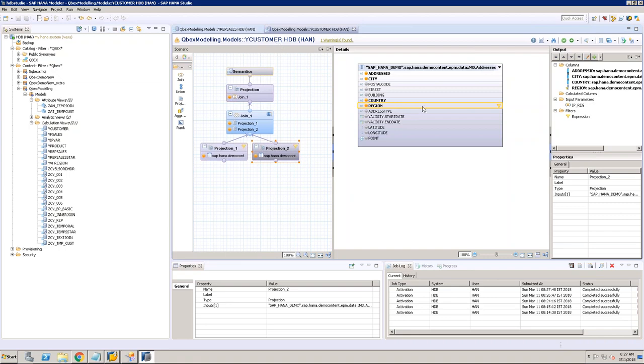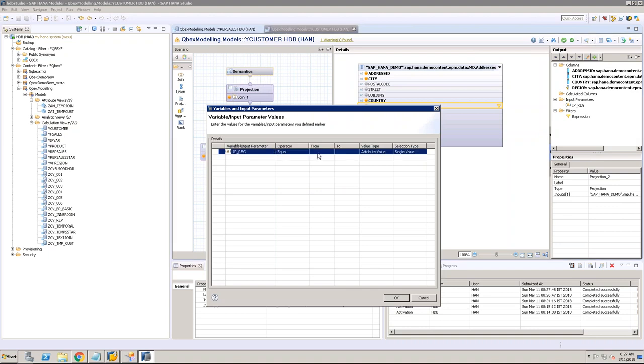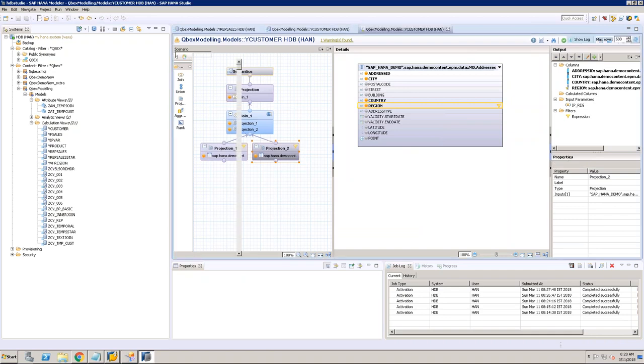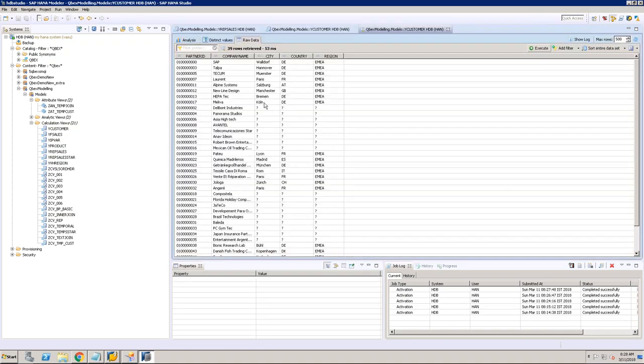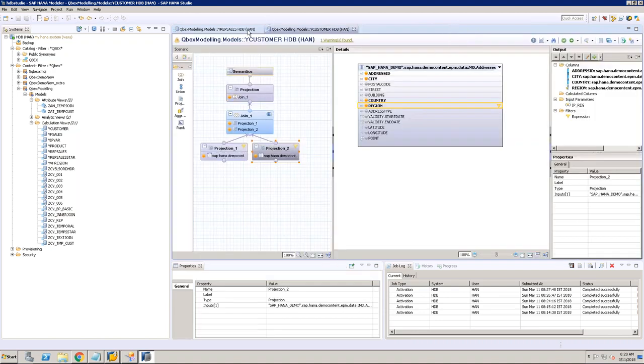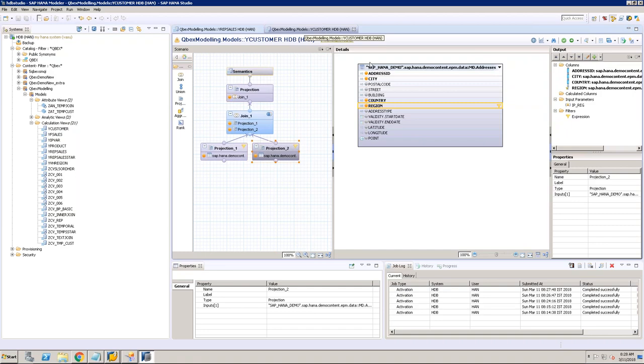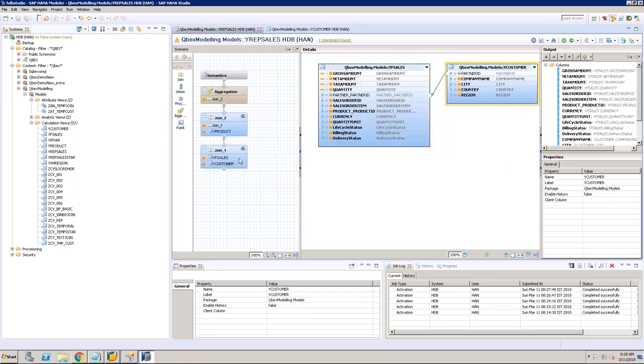Concentrate now. For this Y customer view I've defined an input parameter, right? When I run this view, it will ask me for the input parameter where I can just select something like EMEA and then okay. Then it shows me customers for EMEA. It is a left outer join, so it shows other customers also, but you don't get to see the address details. That's fine for me. Now this Y customer view, which has an input parameter, is used in another view, right? Now, if I try to run this query,